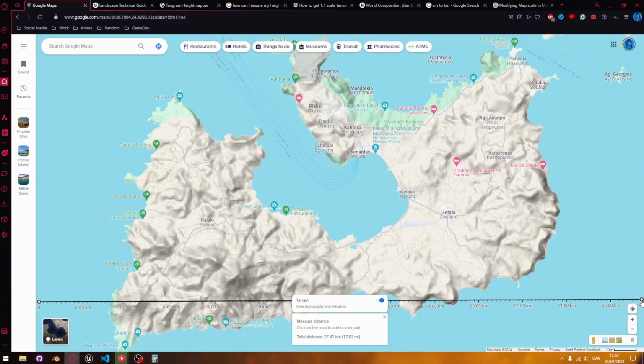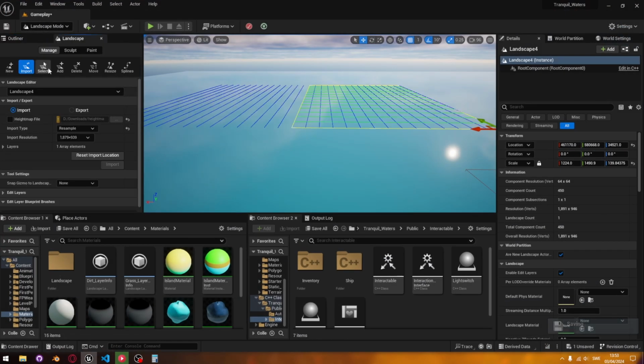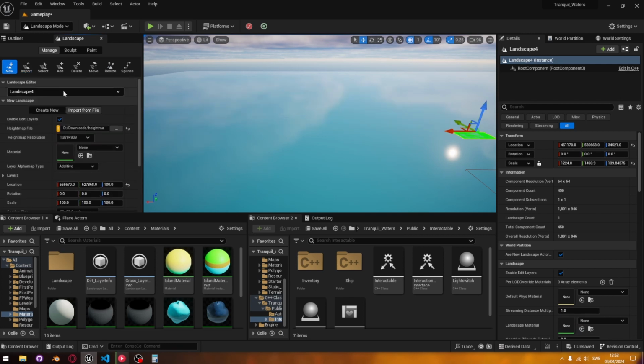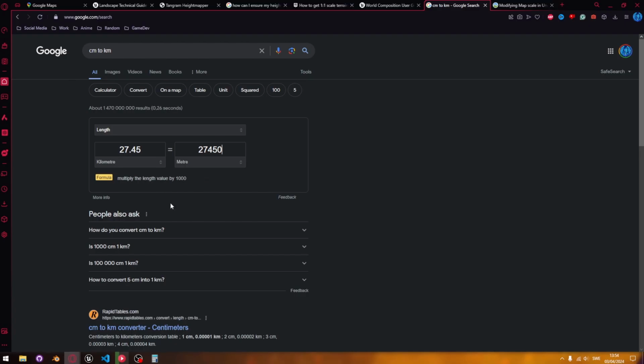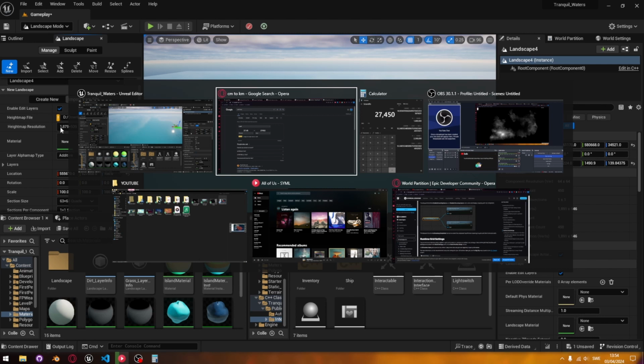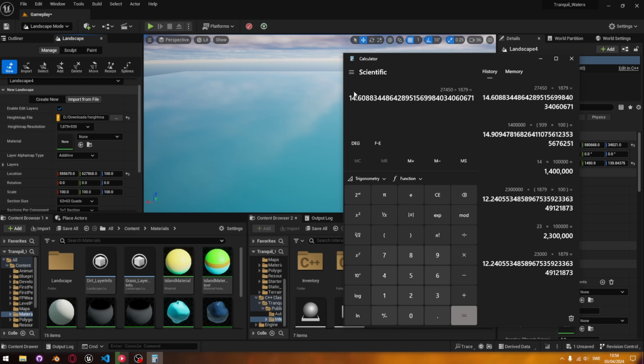Now, get ready for the maths. I mean, I'm just kidding, it's not that difficult, so let me break it down for you. In landscape mode in Unreal Engine, it is typical to have 1 meter equal to 1 pixel, since in this case the island is 27.45 kilometers in width and our height map resolution is 1879 pixels in width. We know that 1 meter is 1 pixel, so we can basically just convert kilometers to meters and divide it by the resolution width. This will give us a scale value that we need to scale by to get a